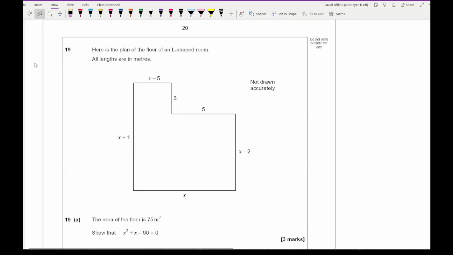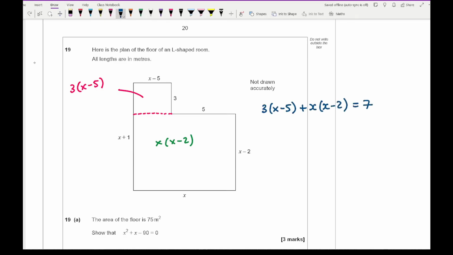Moving on to question 19, it says here is a plan of the floor of an L-shaped room. All lengths are in meters, and it says show the area of the floor is 75 square meters. Show that we've got this expression. So for this, we want to split this shape up into two sections. We know that this area here is going to be 3 lots of x minus 5, and this area here is going to be x minus 2 times x. So looking at the total area, which is 75, when we add those two areas up, I end up with